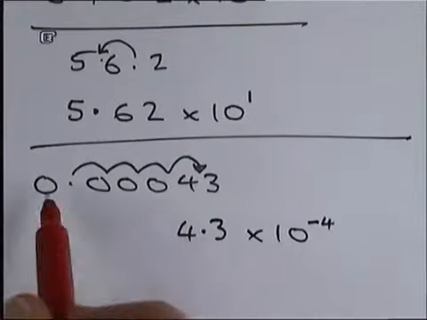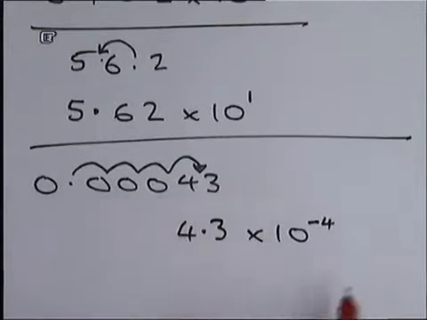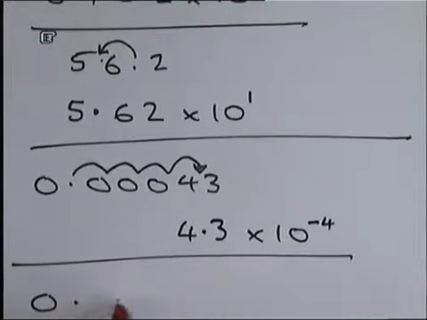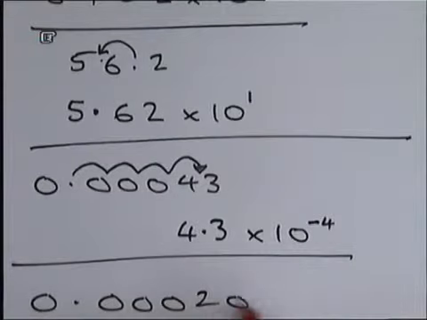So, let's go through that again. If it's a 0 point something number, you'll always have a minus up here. So if we look at another one, 0.0000203,